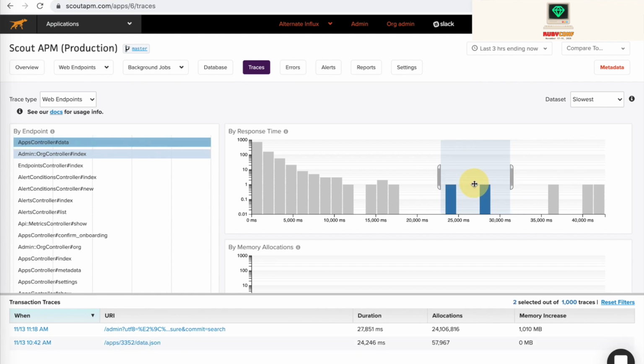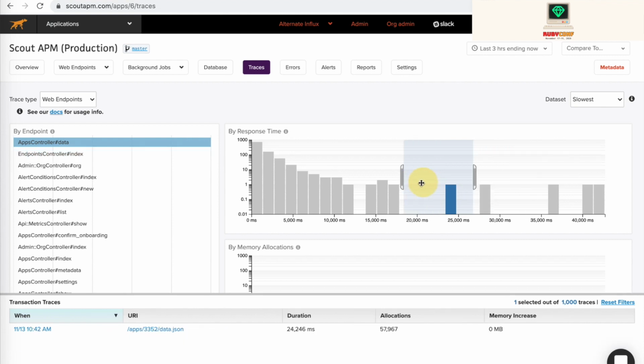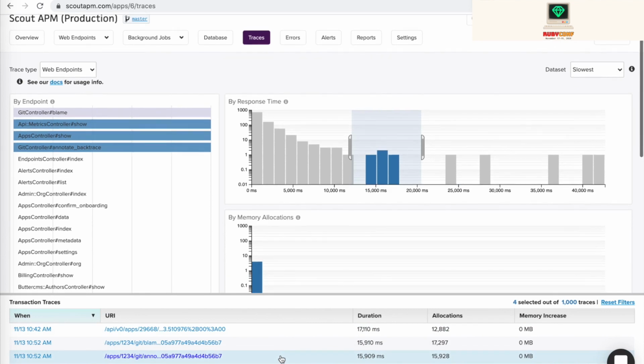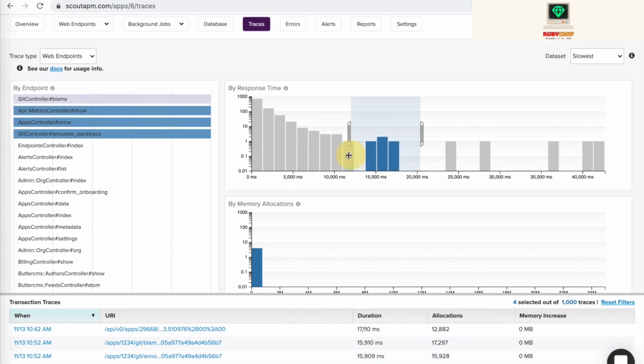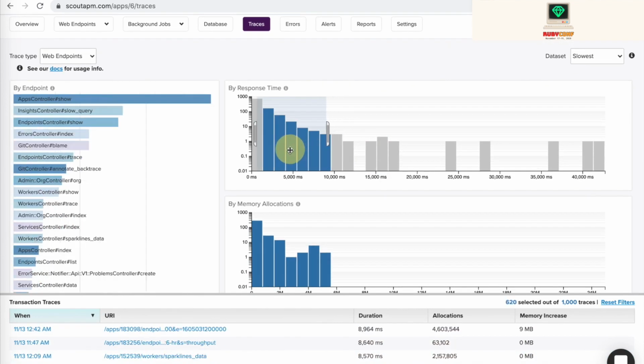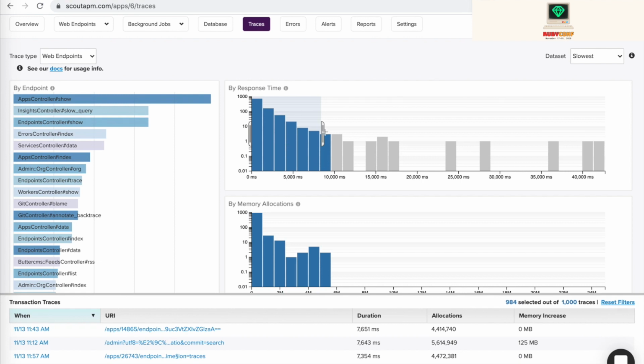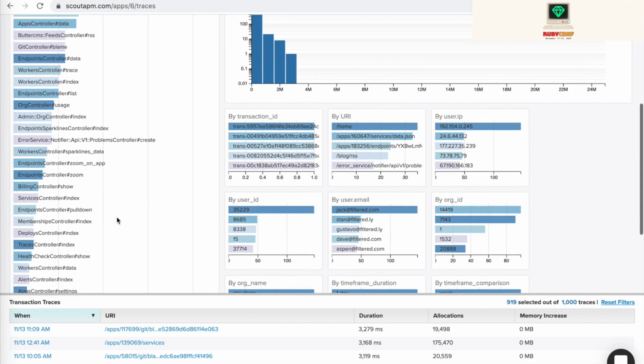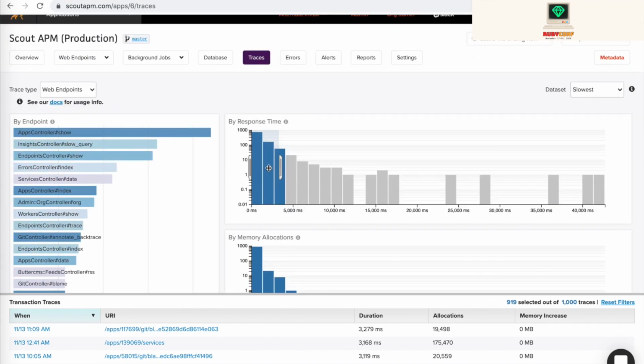We slide down, and we can start saying, okay, it's not just admin anymore, but it's also apps controller. And then if we slide down again, we can see a bit more of what was starting to get slower, very slow. And as we slide down even more, we can see that our faster ones were the majority of our endpoints and what was included there.